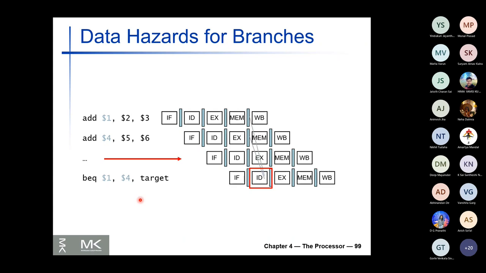Because you have the forwarding mechanism, that information is already available, and here you can make the comparison and know the target. So there is no problem as far as before this branch instruction, and there would be no problem following the branch instruction. Of course, following the branch instruction, you need to incur one stall